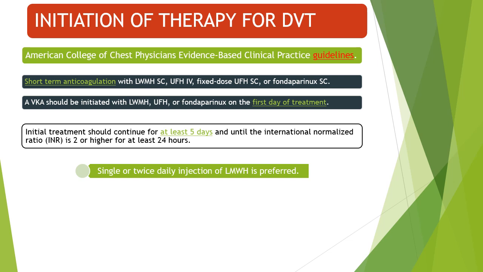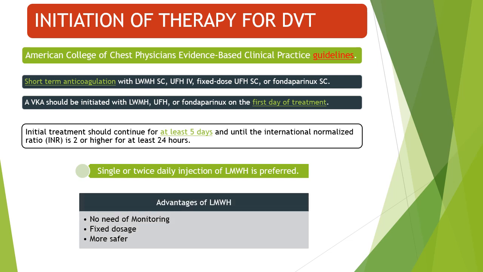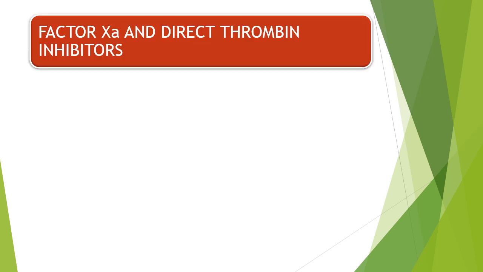Single or twice daily injection of low molecular weight heparin is preferred because it has the advantage of fixed dosage, more safety, and it doesn't require any monitoring. We all know that oral anticoagulation therapy is not limited to vitamin K antagonists and warfarin. NOACs, or novel oral anticoagulants, are also increasingly used as first-line medications for patients with DVT, pulmonary embolism, and other compelling indications. These are factor Xa inhibitors and direct thrombin inhibitors. They are superior to warfarin in many aspects. For example, they don't require the INR monitoring, and they don't have those potential drug and food interactions